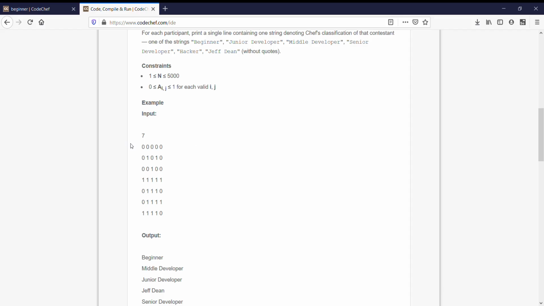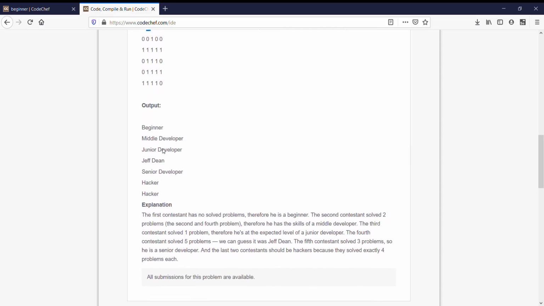Cook-off has 5 problems. So for each query, 0 or 1 is given. If it is 0, it means the problem is not solved by that contestant. If it shows 1, that means that problem is solved by that contestant. Our main motive is to find the number of problems solved, and we also know there are exactly 5 problems. So we'll take input and directly check if input is 1 or not, and keep track of the count of ones.